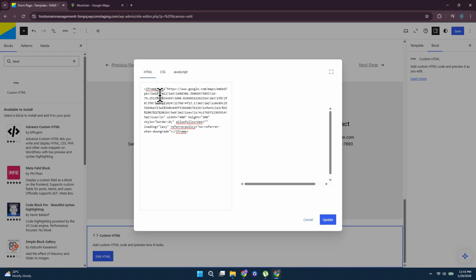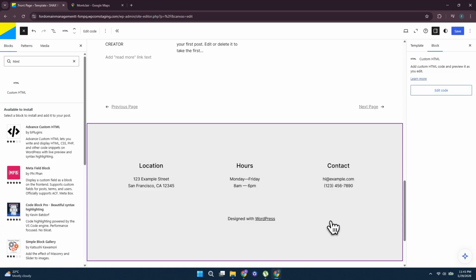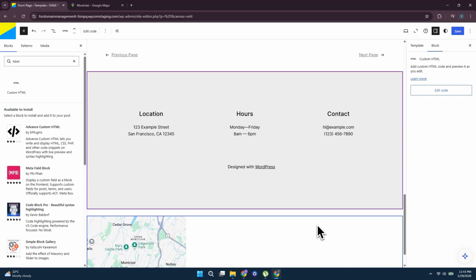As soon as you paste the HTML, you should be able to see a preview of how the Google map will look on your page. Finally, click Update to save your changes. And that's it. So that's basically how you can add